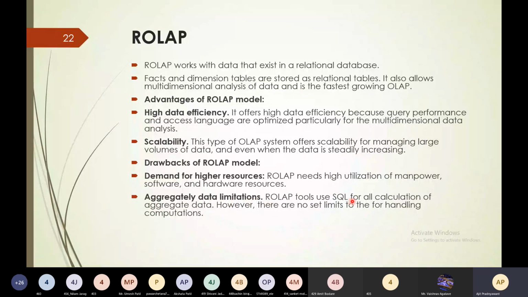ROLAP tools use SQL for all calculations of aggregated data. However, there are no set limits for handling computations. And another drawback is slow query performance. Query performance in this model is slow when compared with MOLAP.